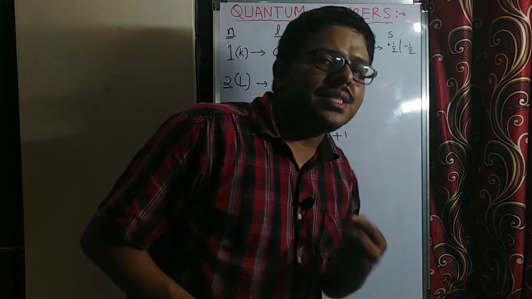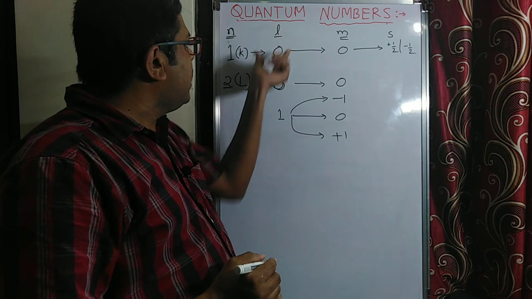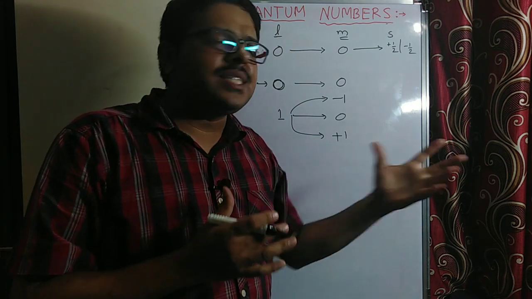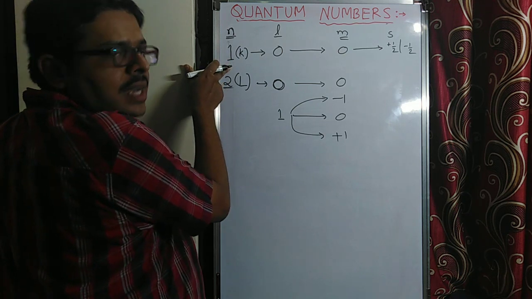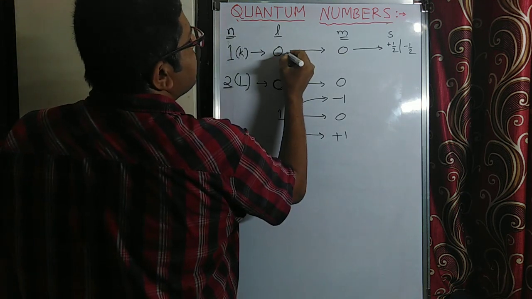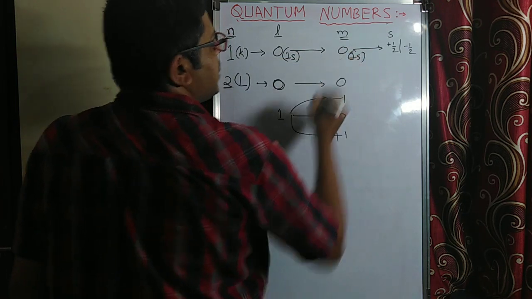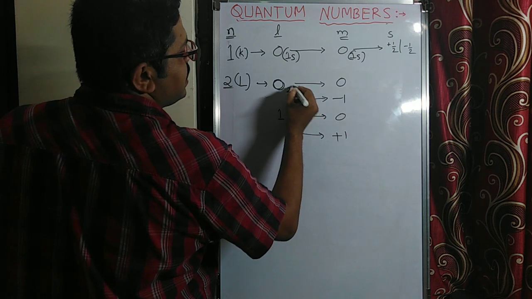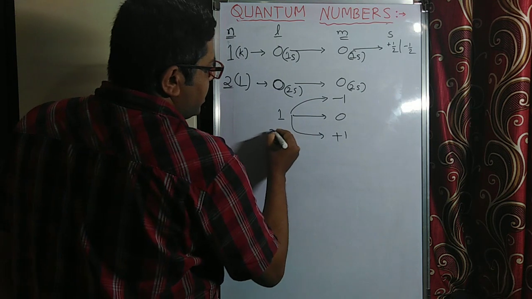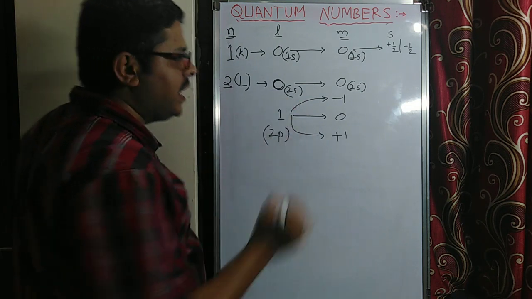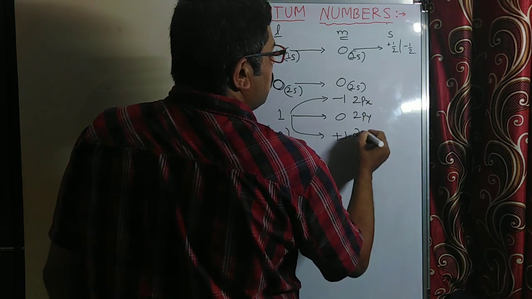Now, we will name these. Why do we have to name them? See, m equal to 0 here, here also m equal to 0. Here L equal to 0, L equal to 0. It will confuse us, right? So what we will do? The L equal to 0 obtained from the first shell, I will write as 1s. Here, this is also 1s. This is 2s, this is also 2s. Remember, when L is equal to 1, that is 2p. When 2p is there, I will write 2px, 2py, 2pz.